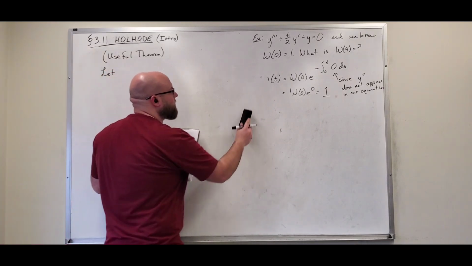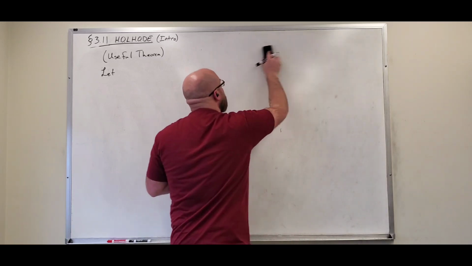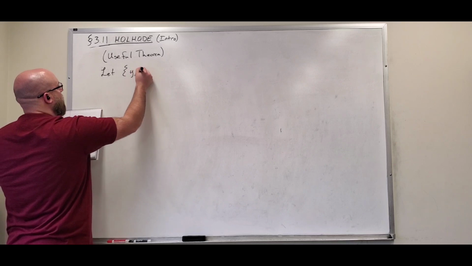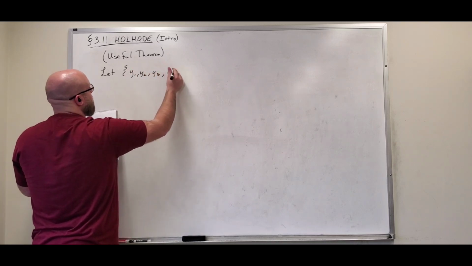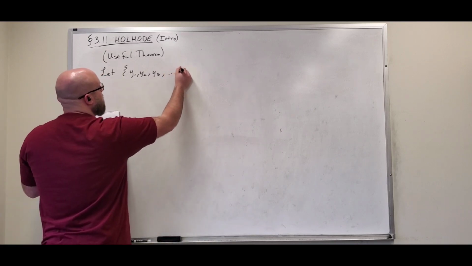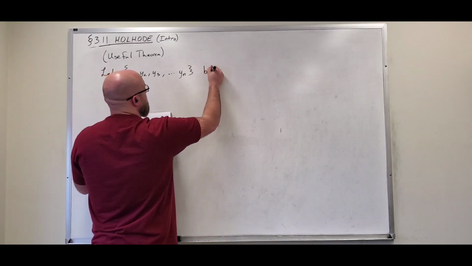I'll go ahead and erase this too, so that is all the way out of the way. So we're going to let y1, y2, y3, and so forth be a set of solutions